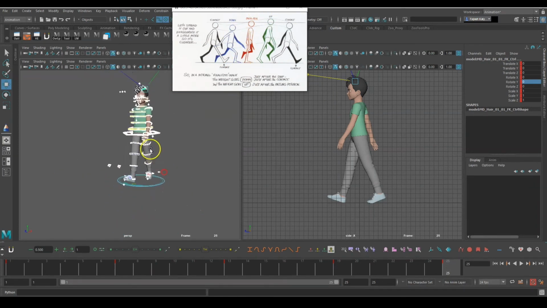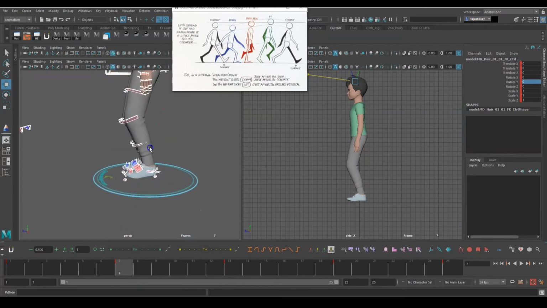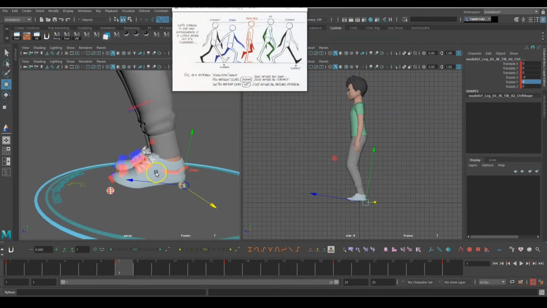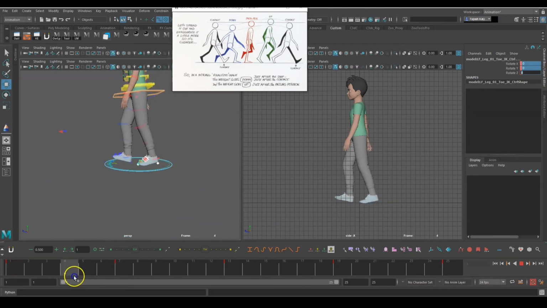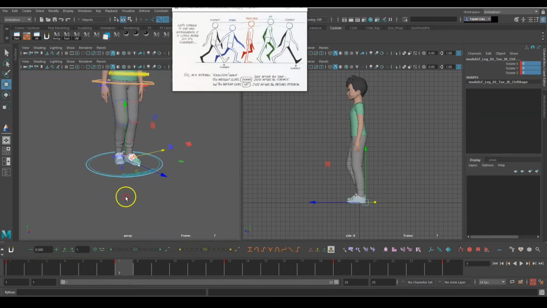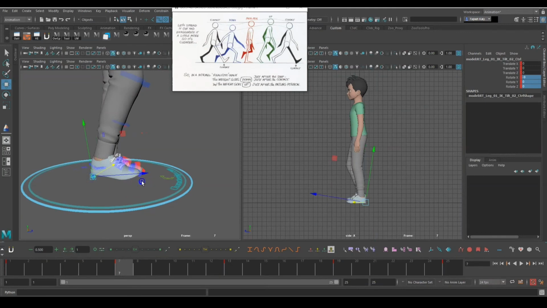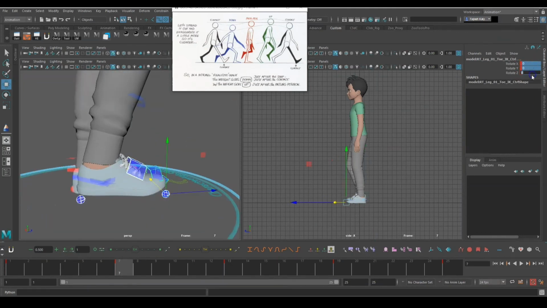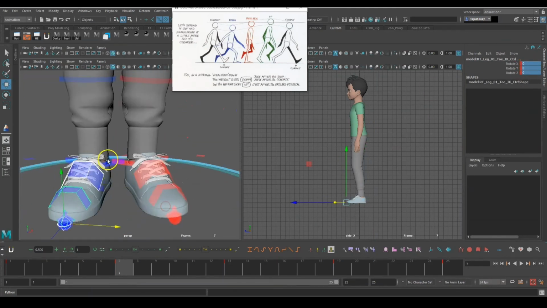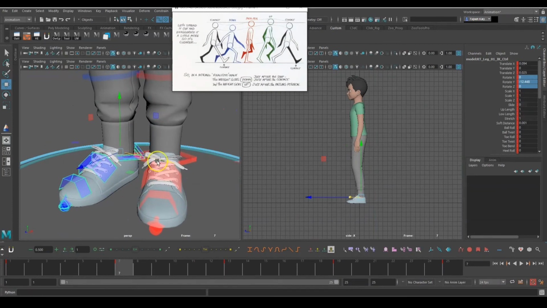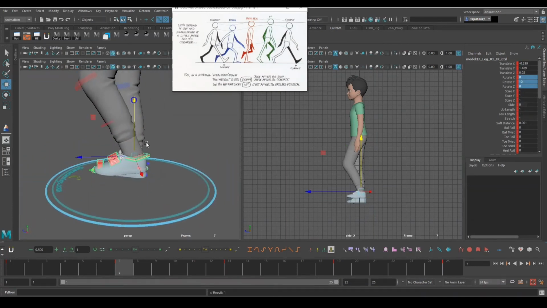So here in the passing pose, what I will do is zero out all these keys, select all and then 0, then also select all those keys and 0 here. Now keep this the same, then take this and move up.